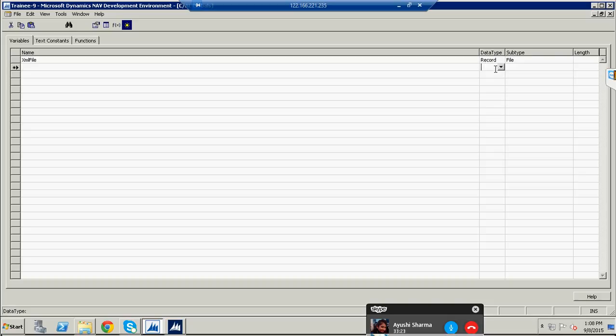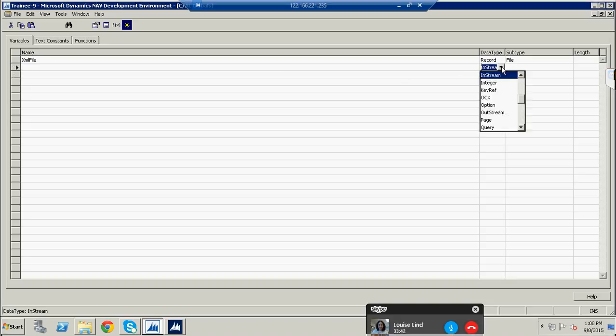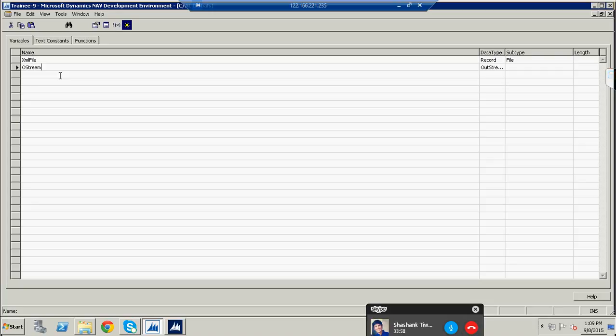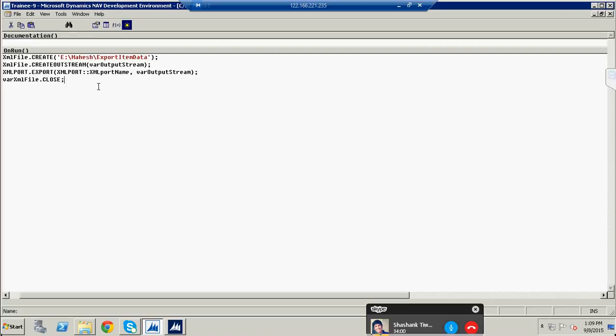So we have a data type called InStream and OutStream. In our example we are going to export, so I use OutStream, sorry. So I give a name as OStream. I just copy this and